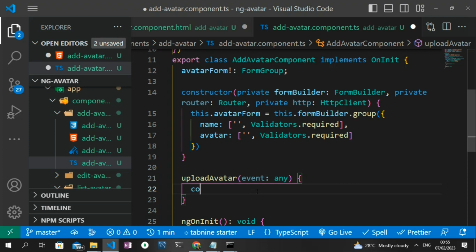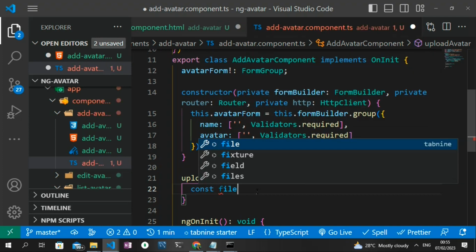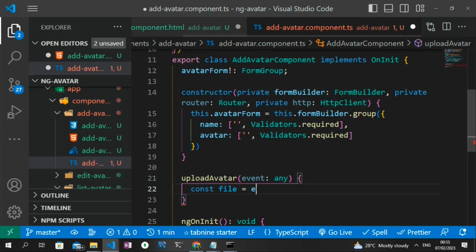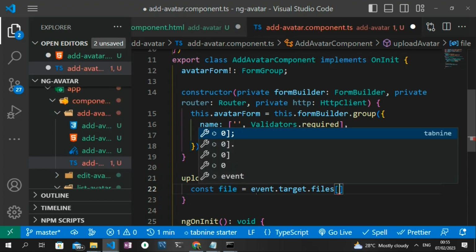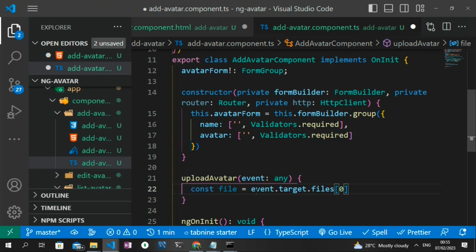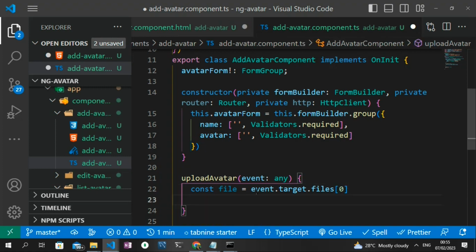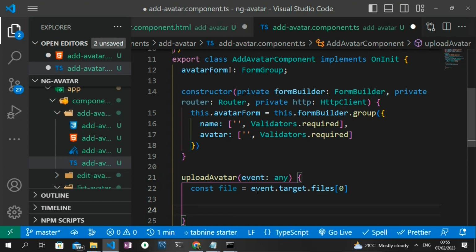What do I mean by this? So I can just create a variable called file. So I'm going to say const file is equals to event.target.files. If we're dealing with text, I guess it's going to be event.target.value, but because it's files, we do event.target.files, and then we pass in the bracket notation to get the first value of the array. So with this we should be able to get the file,